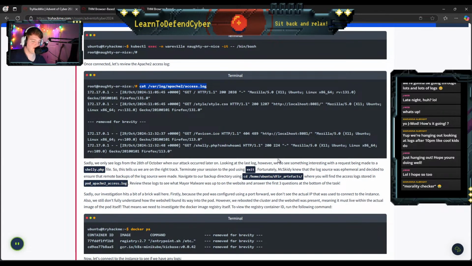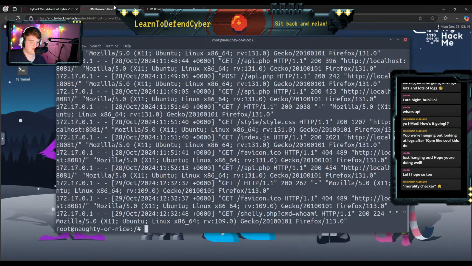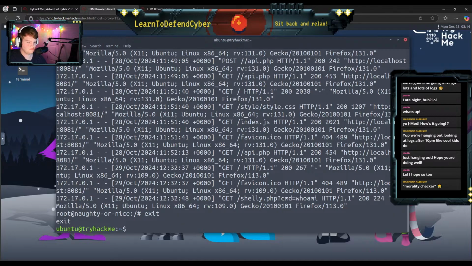We see something interesting with a request being made to a shelly.php file. I'm going to take a screenshot of that real quick. Send that to Jerry in a moment. Tells us we are on the right track. Terminate your session using the exit command. If you remember the day we made the PHP shell, you might remember seeing this in the logs.